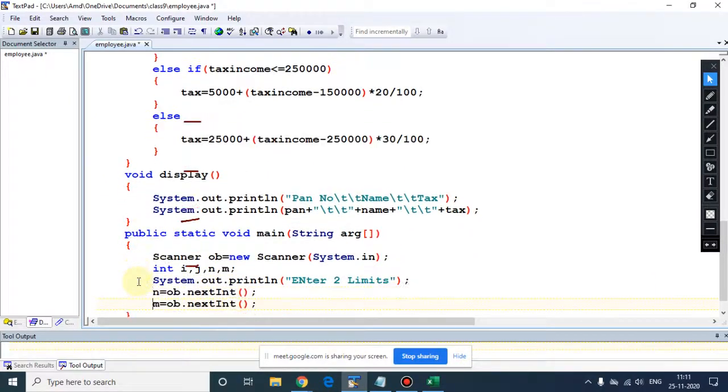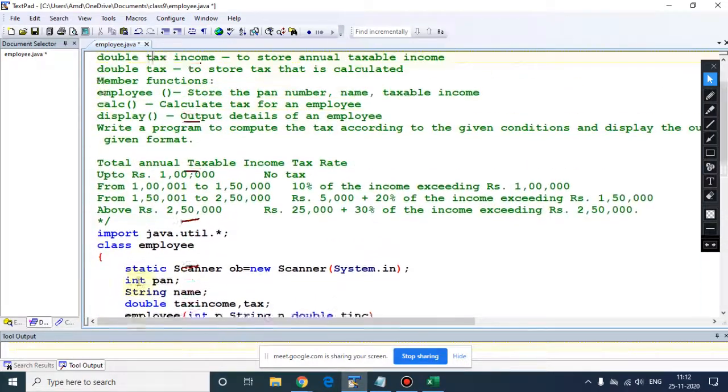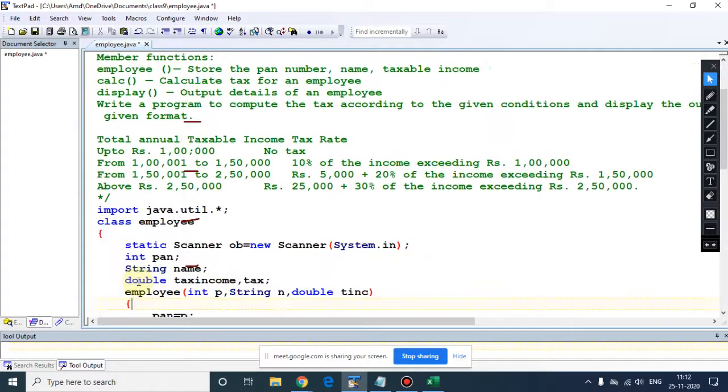So in the main, what you need to enter? You need to enter PAN number, name and taxable income. And now one more object is required to take input of string type. So for that, again I am using this.